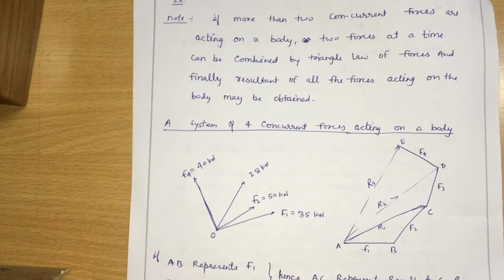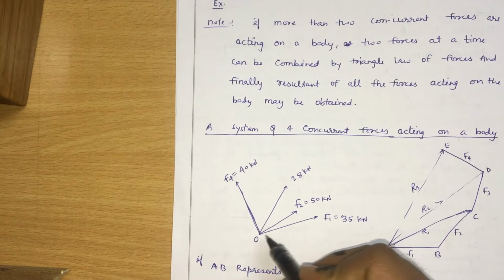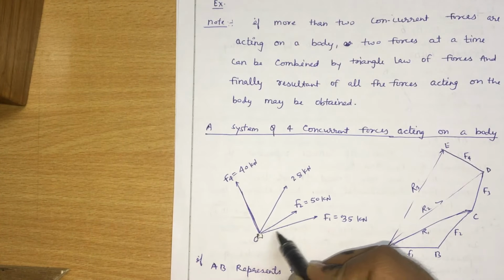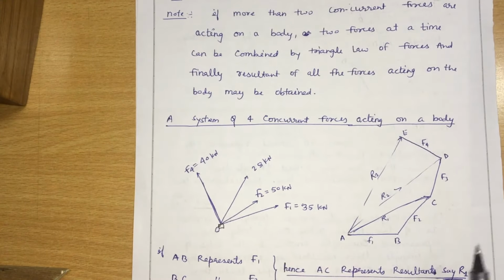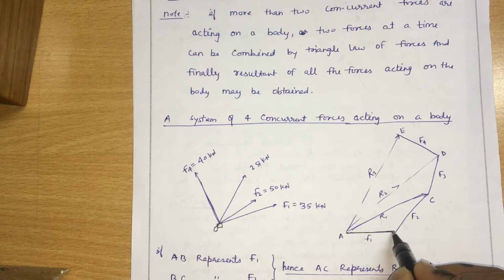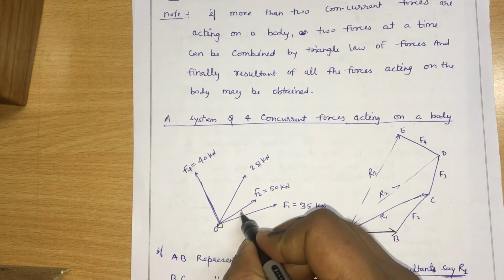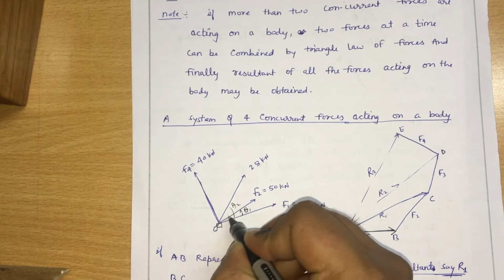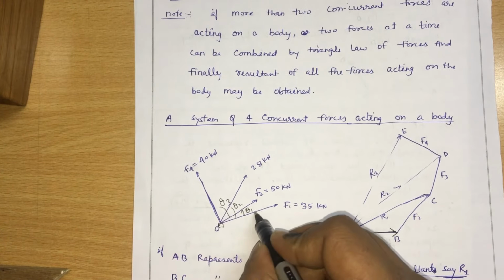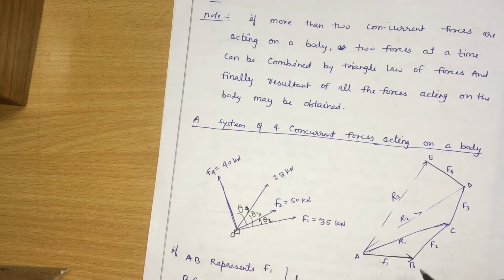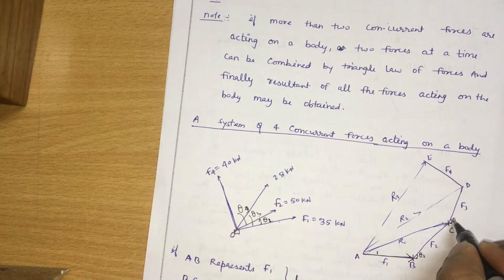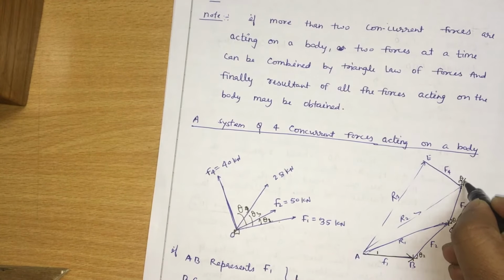The method is exactly the same, it will become clear to you now. Like these are the forces acting at this point, and I want to know the resultant of these forces using the polygon law of forces. So first I plot the first force, this is the first force, and suppose the angles of these forces are theta 1, theta 2, theta 3, theta 4. These are the four forces and angles. So I made the first force, then the second with theta 2, then theta 3, and then theta 4; I made all four.